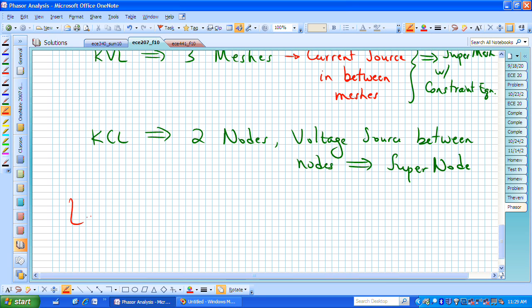So let's try doing the KCL, and we only have two voltages instead of with the mesh we had three mesh currents. Let's try nodal analysis, since we'll have fewer equations and fewer unknowns